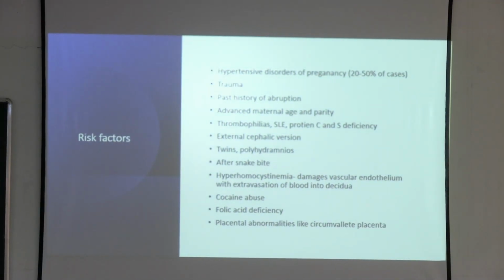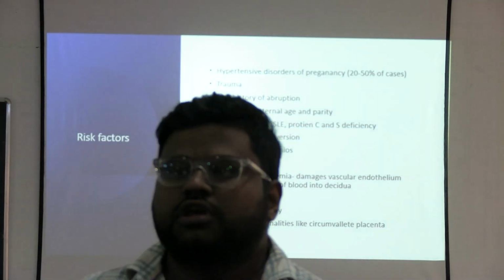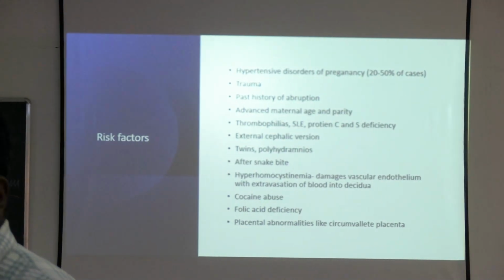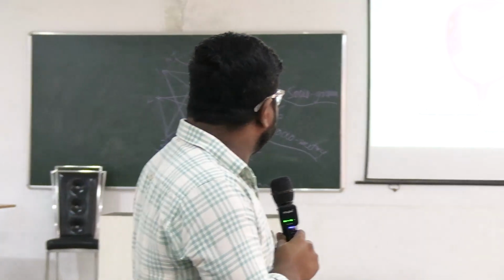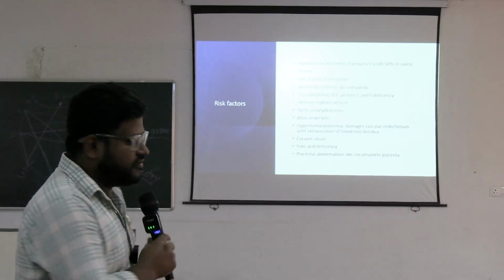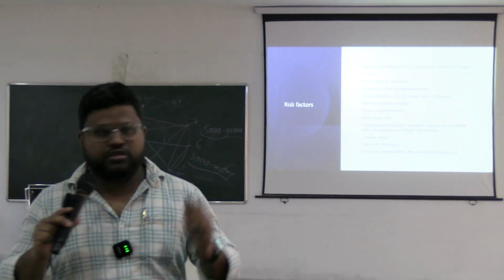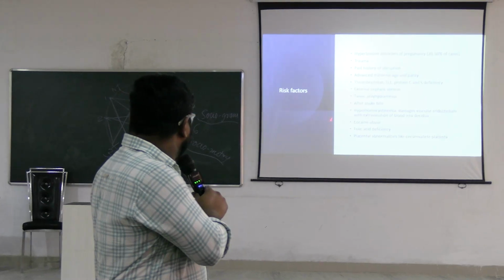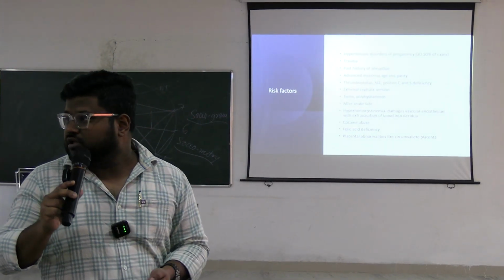It will have causes. Most common cause হচ্ছে PIH, pregnancy induced hypertension, and the second most common cause হচ্ছে any kind of genital trauma. This patient will come to you with a history of trauma or PIH. আরো কতগুলো রিস্ক ফ্যাক্টর আছে, থ্রম্বোফিলিয়াস, প্রোটিন সি, প্রোটিনেস ডেফিসিয়েন্সি, স্মোকিং, snake bite. Snake bite is another very important phenomenon to village area.